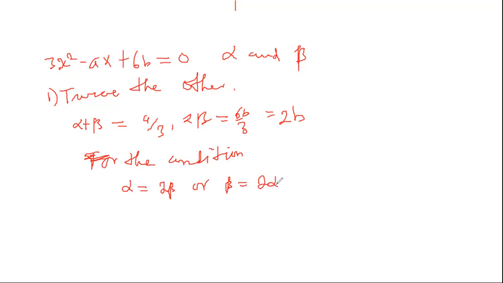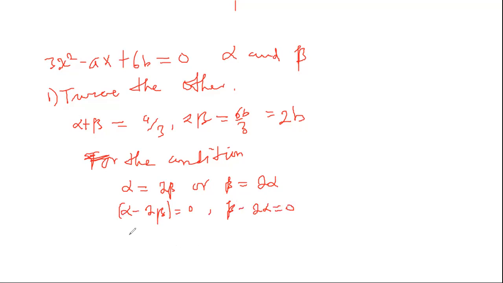Is that so? Yes. Then we can rewrite this in the form alpha minus 2 beta is equal to 0, and beta minus 2 alpha is equal to 0. So we form a quadratic equation